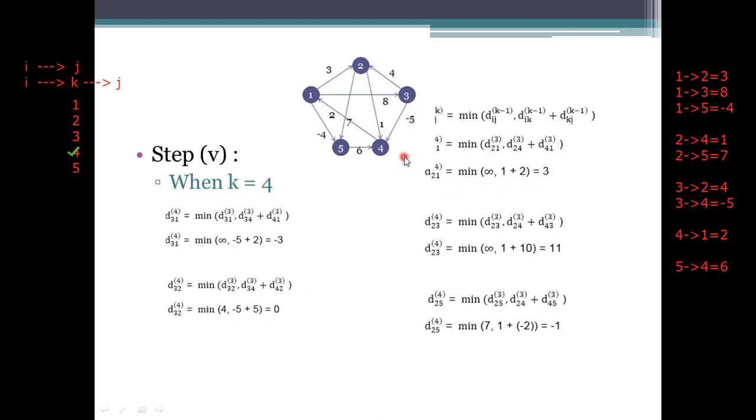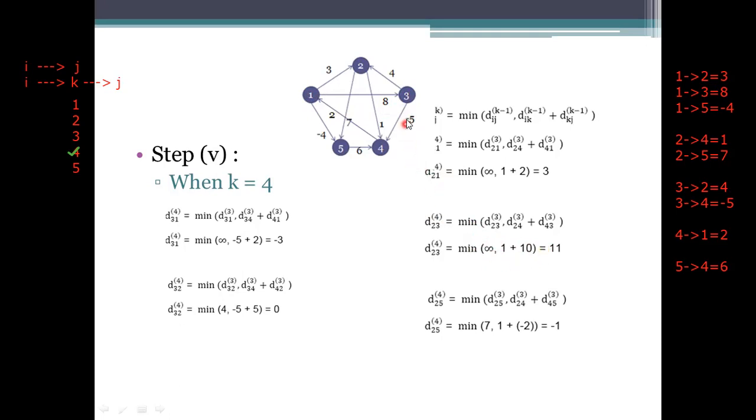Next one is 2 comma 3. Here also we don't have the path for 2 comma 3. We need to calculate. 2 comma 3 means 2 to 4, 4 to 3. 2 to 4 means 1. 2 to 4 we are having the 1, but the 4 to 3 value, by using the first node we reached the 3. 4 to 2, 4 to 1, 1 to 3, 2 plus 8, 10. So 1 plus 10 is 11. The updated value here is 11. 2 comma 3, there lies an edge which is 11.